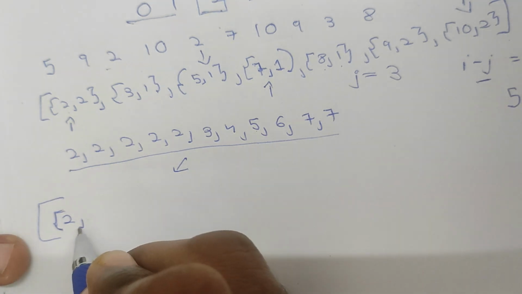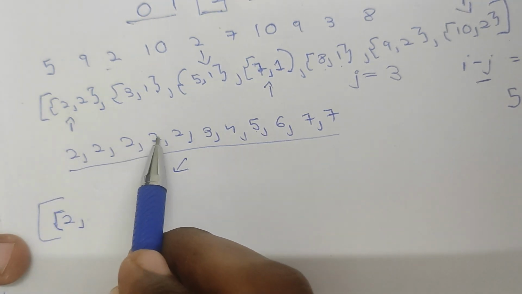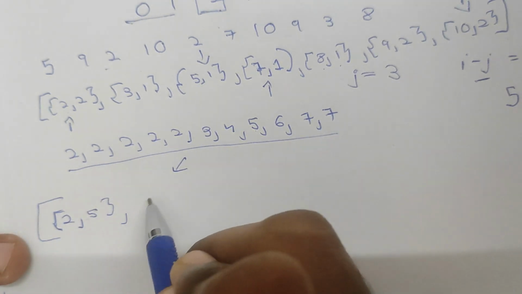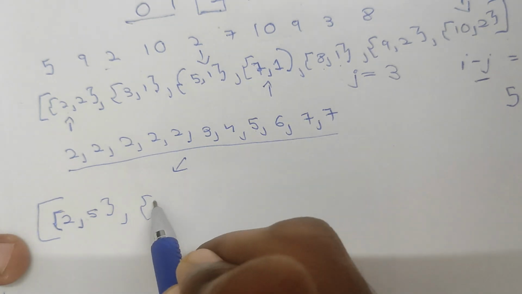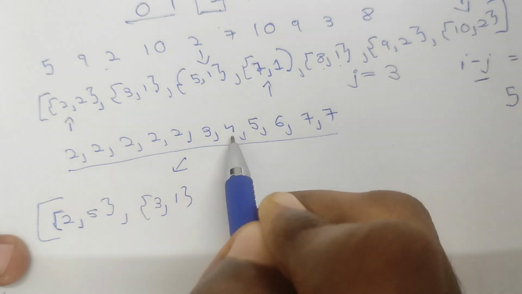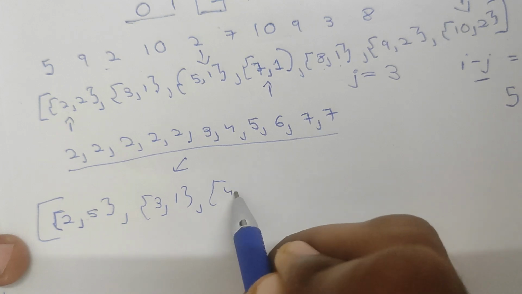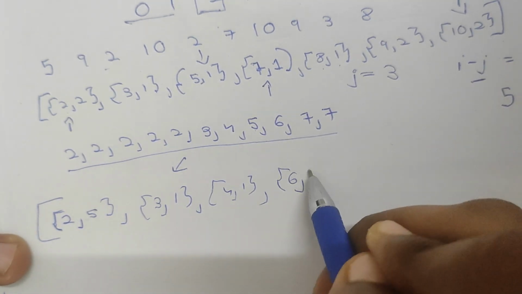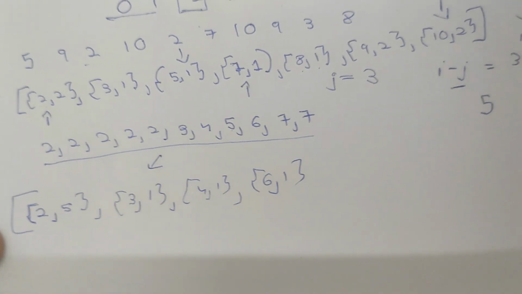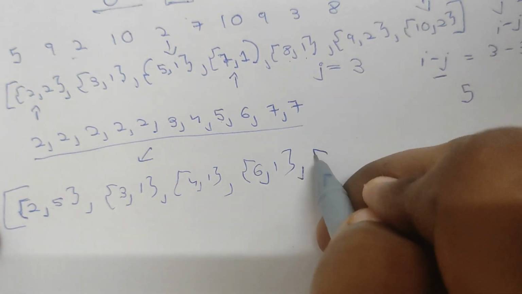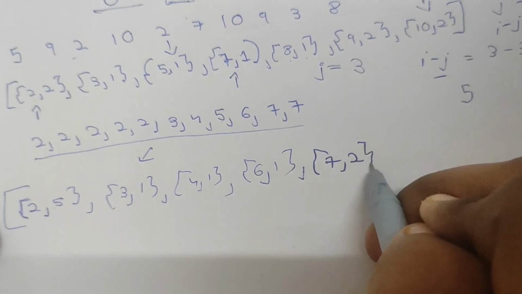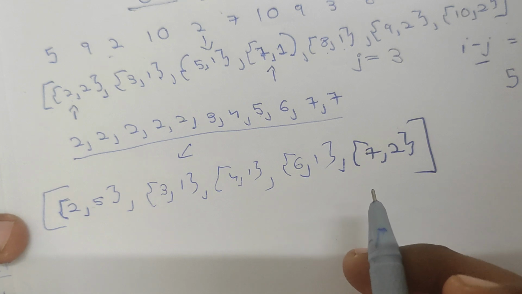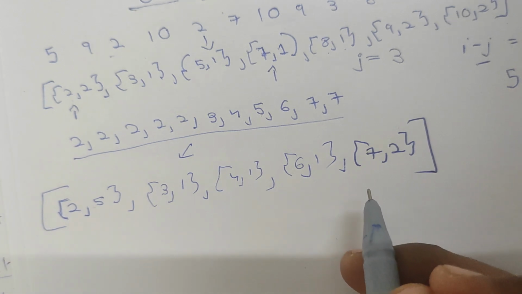The number of occurrences of 2 is 5. Then 3 occurs 1 time, so 3, 1. The number of occurrences of 4 is 1. The number of occurrences of 6 is 1. The number of occurrences of 7 is 2. So first we converted into this format. Now we are going to perform the